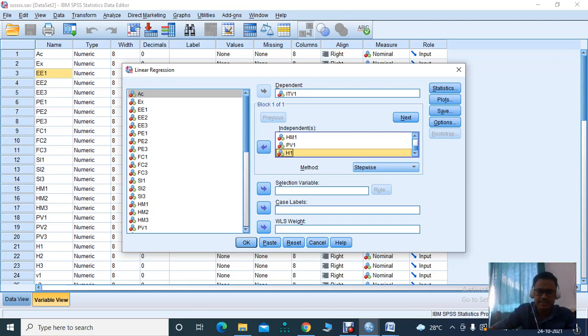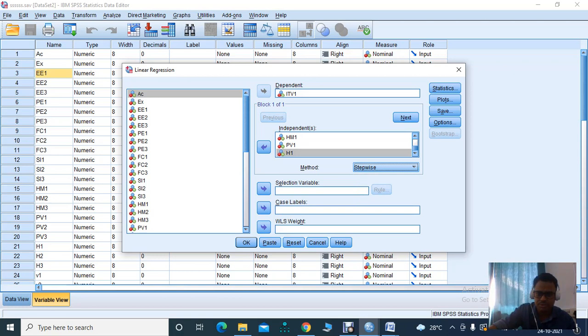Here one option is known as Method. I have used the stepwise method here. Enter is another method. In the Enter method, it will enter all the independent variables. However, in stepwise, it will only keep the variables that are significantly impacting the dependent variable.